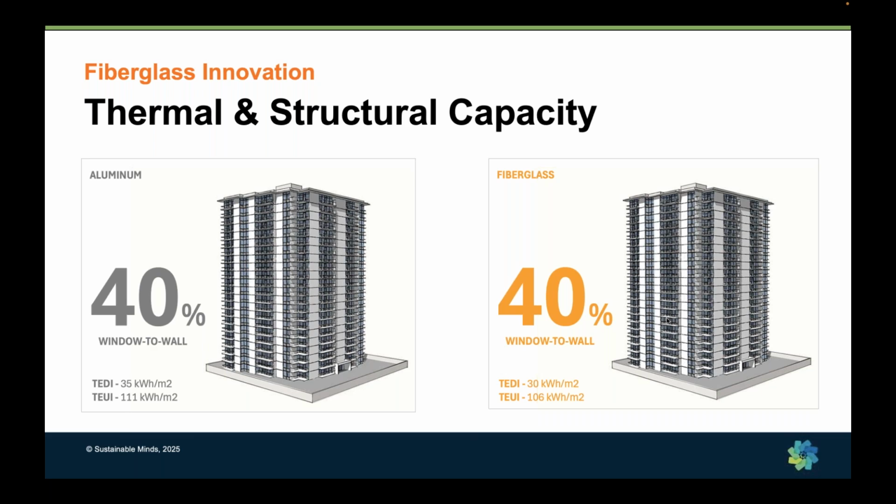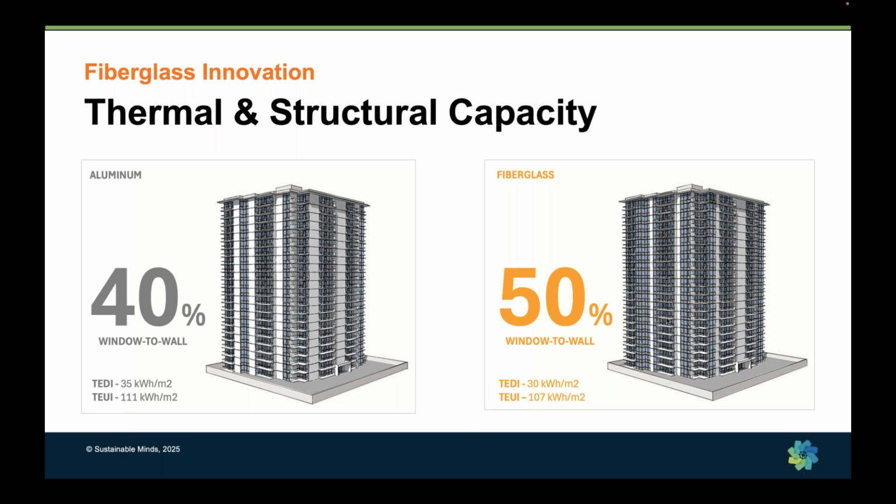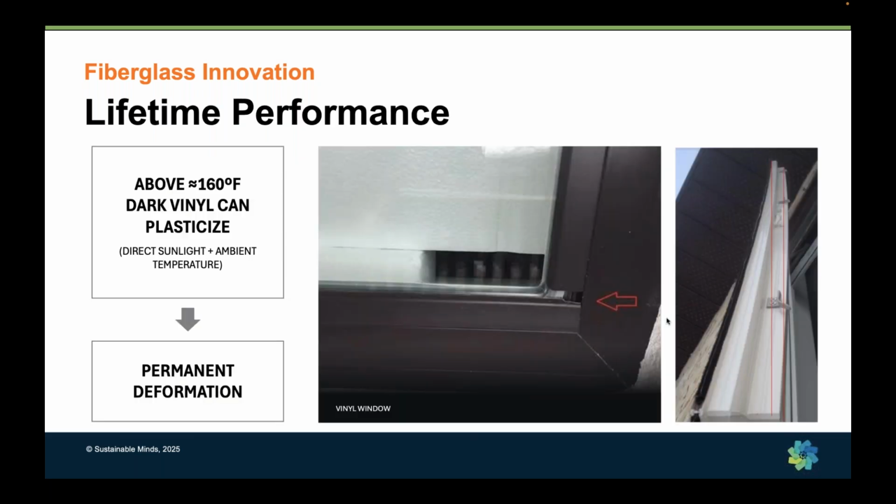So that's your option. Reduce your energy footprint significantly, or if you're a developer looking to add value, you can increase your glazing ratio. And now you have a completely different building. By maximizing the performance of that weak link, it gives projects flexibility. So that's the last 3 bullet points